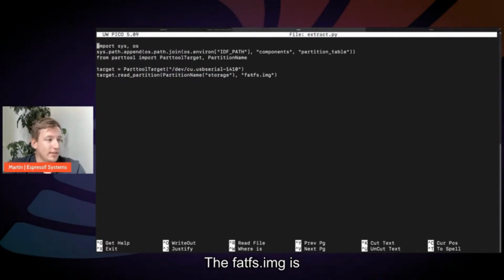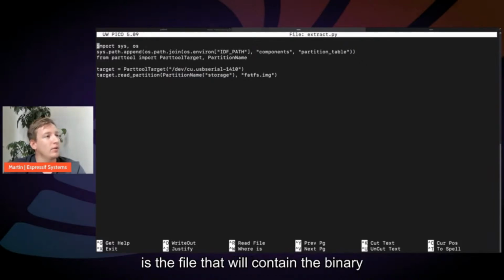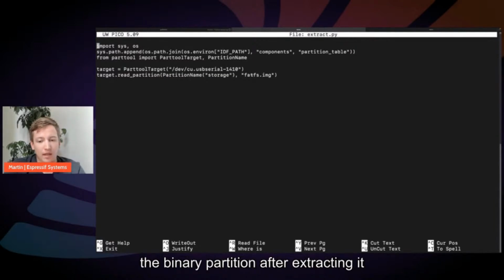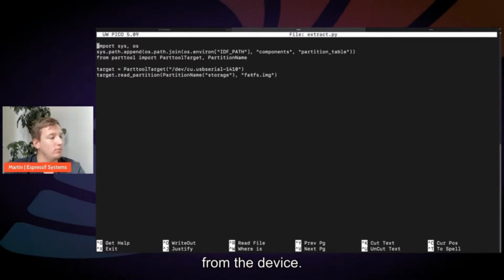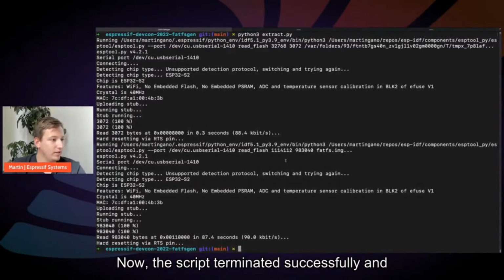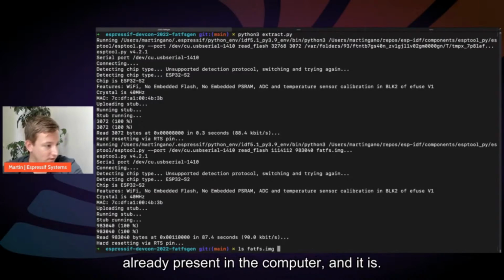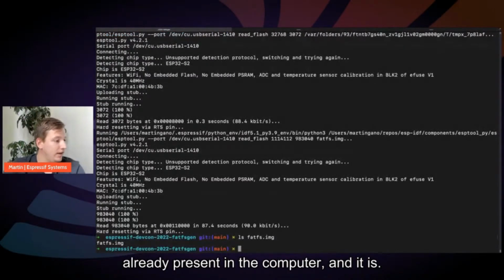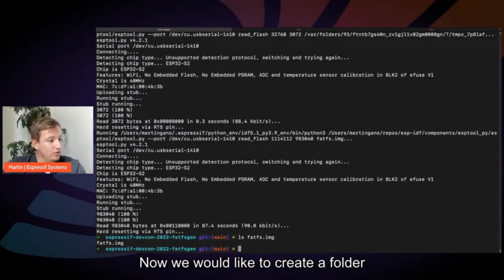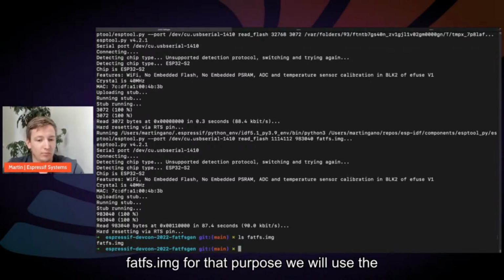The FATFS.img is the file that will contain the binary partition after extracting it from the device. Now the script terminated successfully, and we can verify if the desired file is already present in the computer, and it is. Now we would like to create a folder that contains the folder tree from the fatfs.img. For that purpose, we will use the